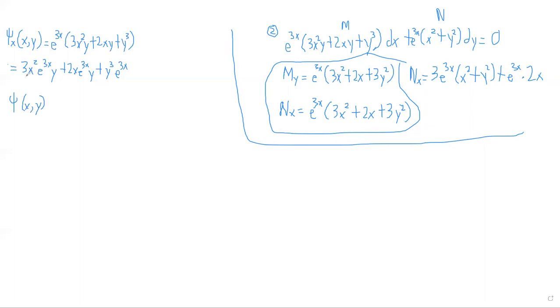I'm going to skip the integration by parts, I already did it by myself. So yeah, just give me a sec. 3x squared e to the power 3x, that is equal to, so this part